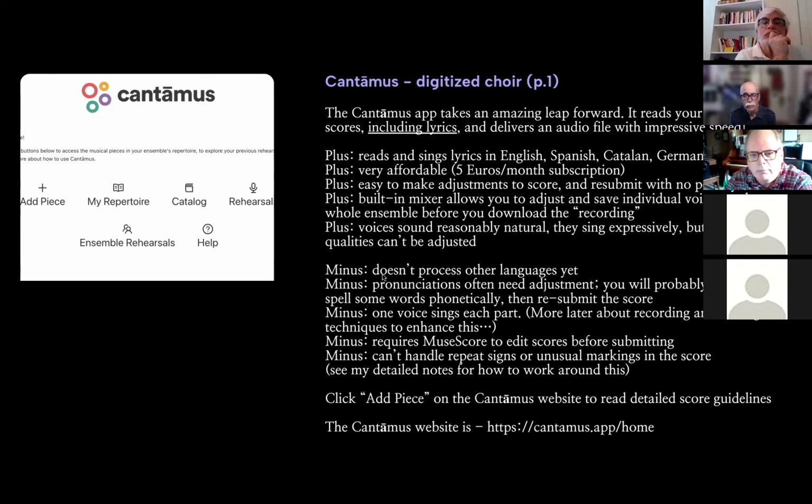Minuses, it doesn't process other languages yet. I know that they are constantly working on Cantamus, so hopefully that is coming. Pronunciations often need adjustment. You'll probably have to spell some words phonetically and resubmit your score. And it's one voice per part. And we'll talk more when we get to mixing about what to do about that. Basically, you're going to do 3 or 4 different takes, resubmit, and each time you get a slightly different version of it because of the human factor that they put